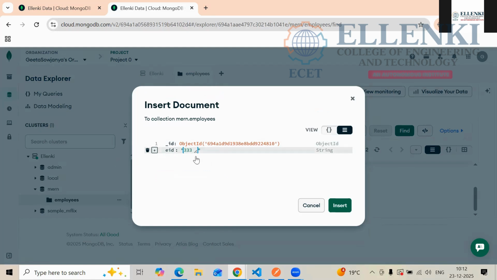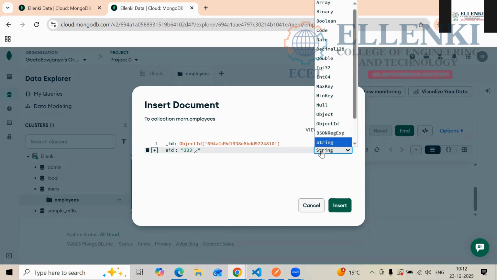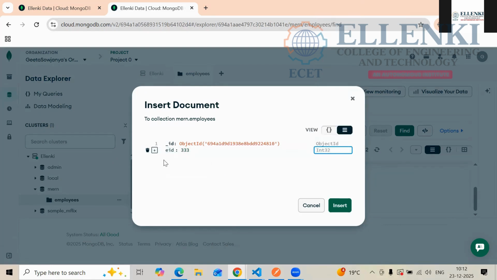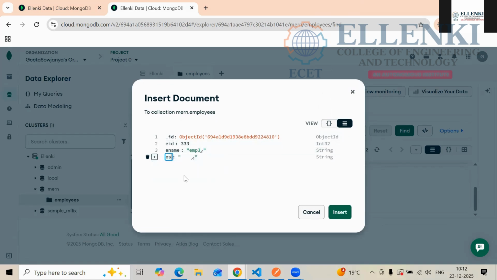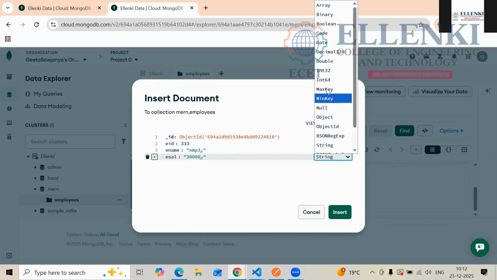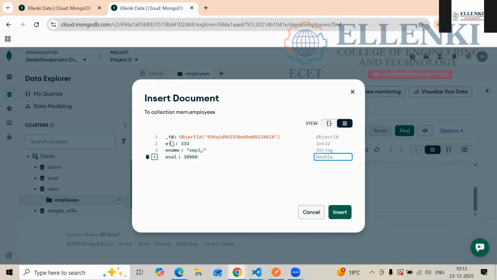3. And here you have to change the data type, right? So how are you going to change the data? Int32. Okay. And later what are you going to give here? Add field. And here ename, and here EMP3, and string only. Add field, and here what you have to do? GSAL. And here you have to give the salary. And this one is the double, right? So we forgot to keep that there. Yes or no?